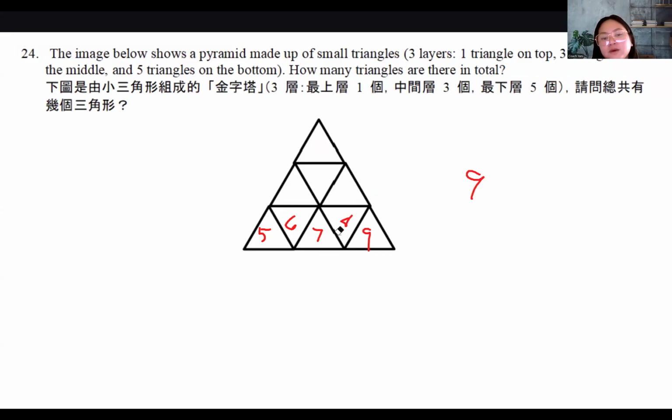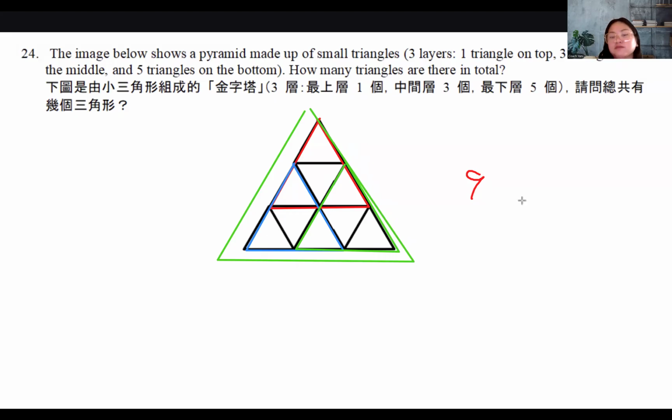You also have to count the ones that are not so obvious, like the ones that you have two combined triangles. So this is 10, diba? That's 10. That's a triangle, right? This is 11, correct? This is 12. And then the whole thing is 30. So the biggest triangle out of them all is 30. And the answer should be 30.